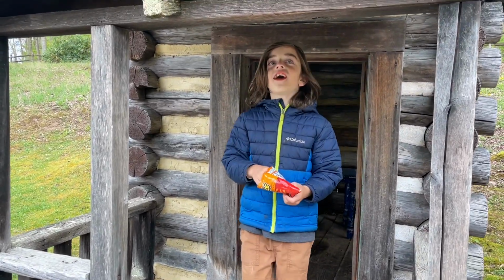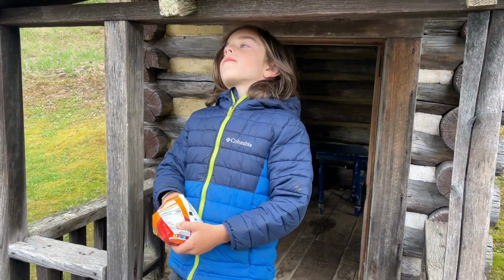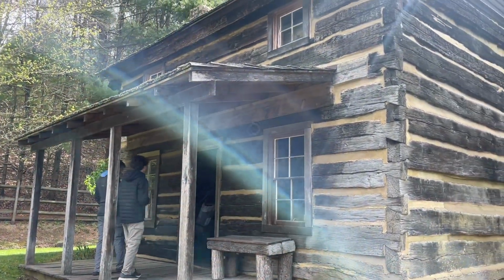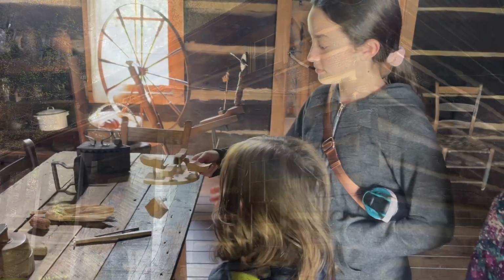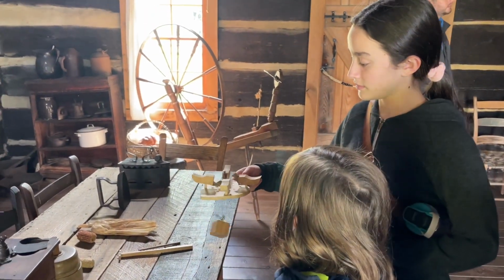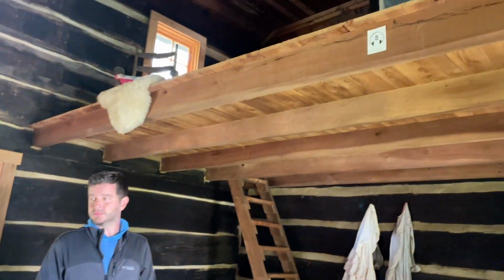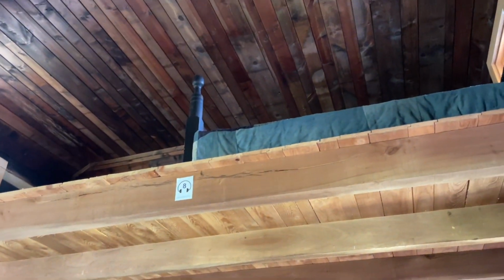You don't have to crouch. Nice. Corn on the side there, but they ain't never gonna get that corn this off to the side too far. So this old house was originally located up by the...